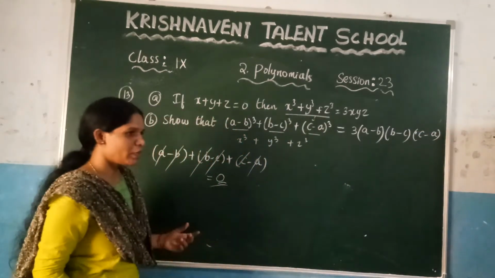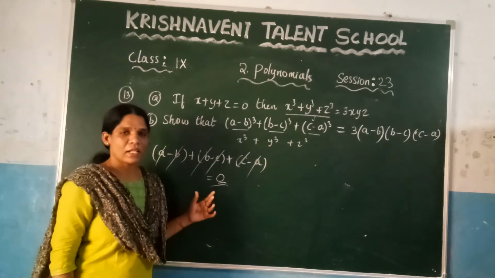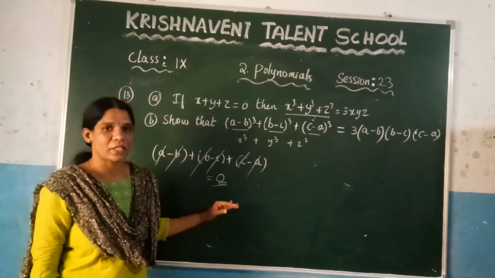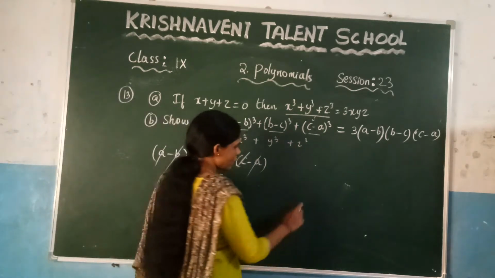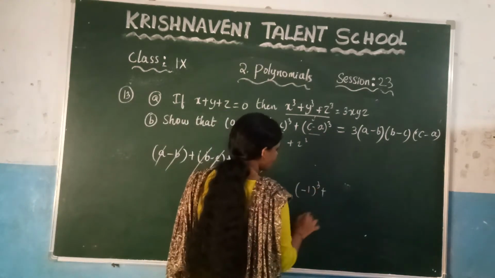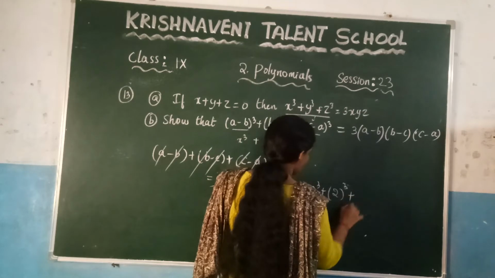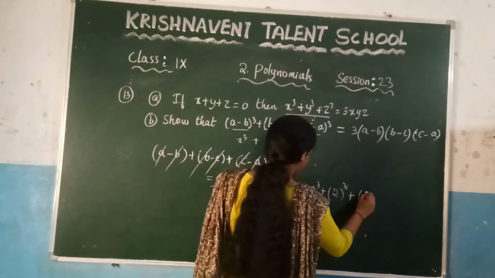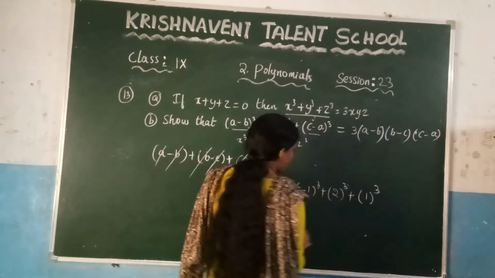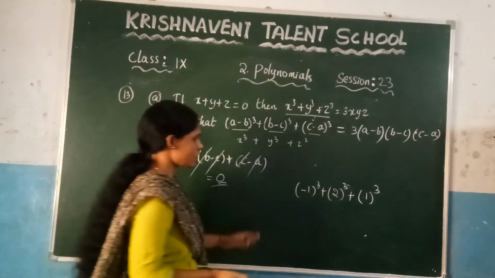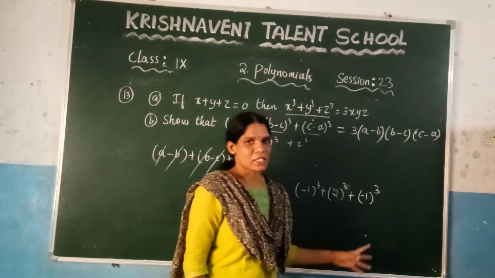So if you are given any question in the form of x cube plus y cube plus z cube, first check the value of x plus y plus z. If it is 0, then you can directly write the answer, which is 3xyz, right? Suppose consider you are given an example, minus 1 cube plus 2 cube plus minus 1 cube. Let us consider this one. If you want to find the value of minus 1 cube plus 2 cube plus minus 1 cube,